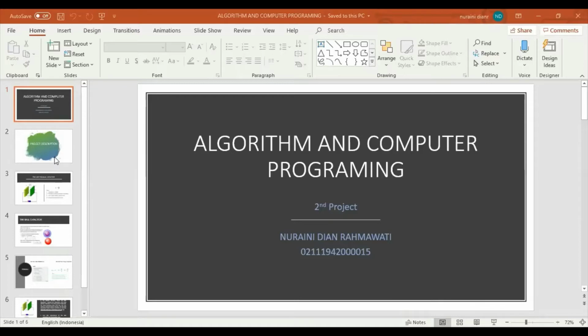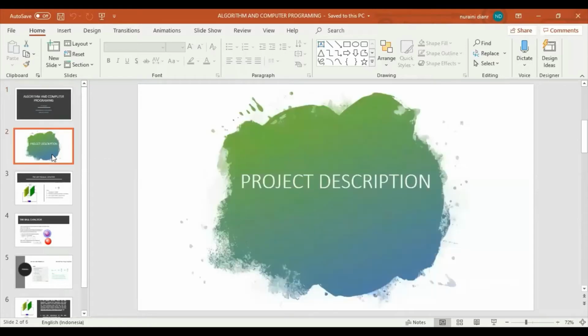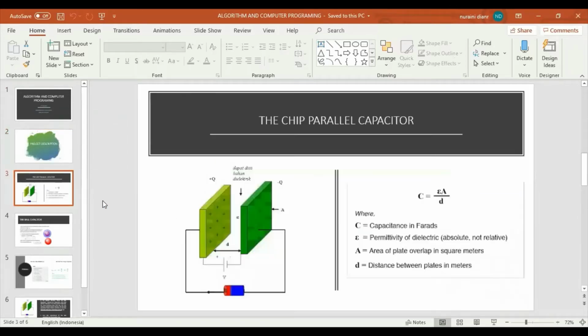This is my PowerPoint. In my PowerPoint, this is about the project description. This is the chip parallel capacitor. I use this formula for